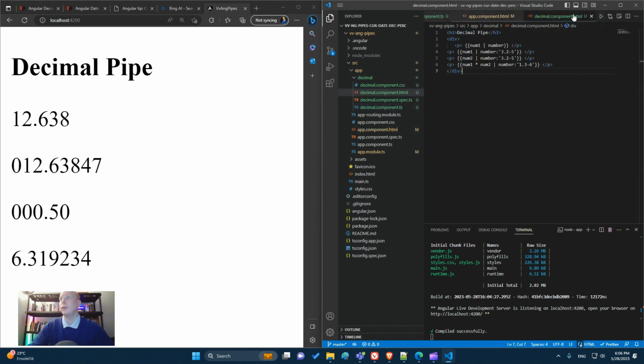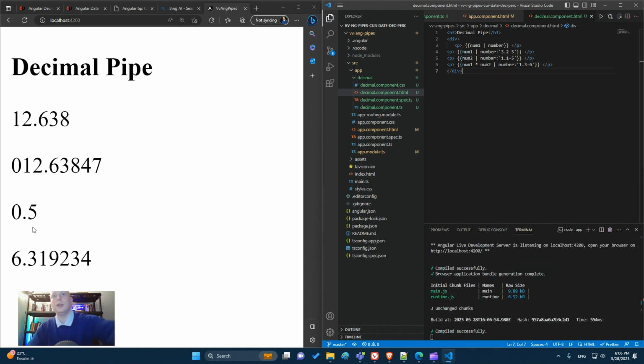If the value hasn't more digits than expected, it truncates at the minimum. For example, we have 0.5, so we put three integer digits, and as here we put 2, we will have 5 completed with 0. Okay, I will change. For example, here I will put 1, and we should see here 0.5, and we will put here 1. It will be the simplest expression. Save, and here you see we have only 0.5.